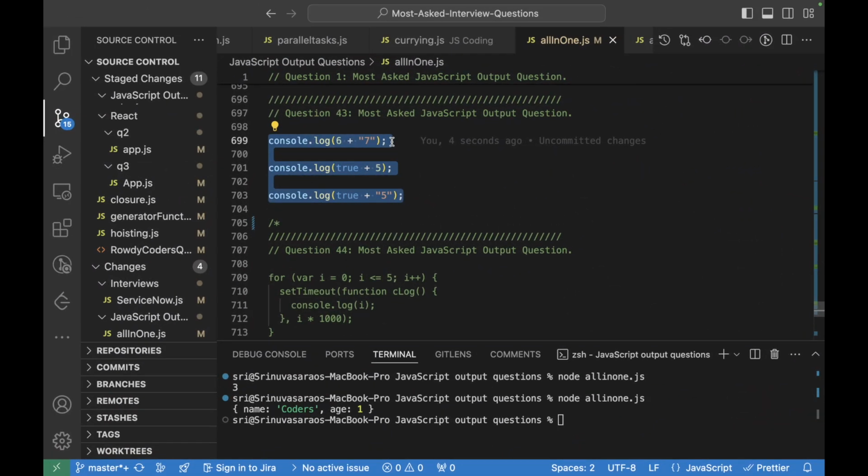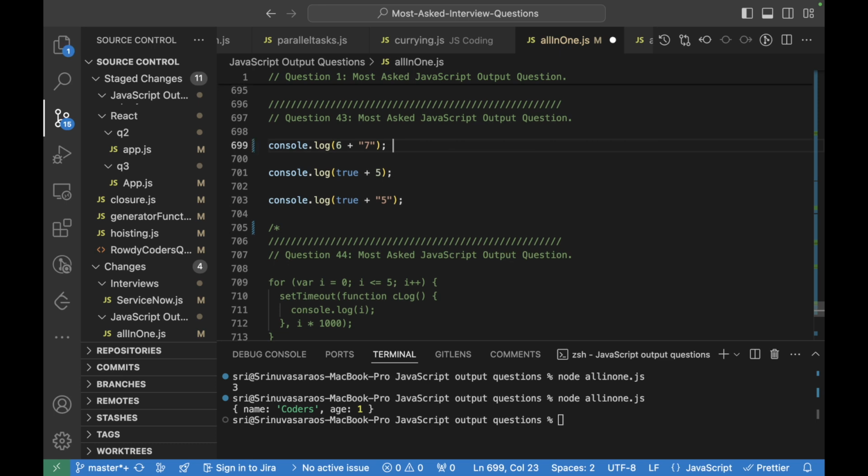Here again a concatenation takes place when a number and string are added, so it will give us 67. And when it comes to this, when a boolean and a 5 are added to each other, this will do a type coercion to give 1. 1 plus 5 would be 6, right?